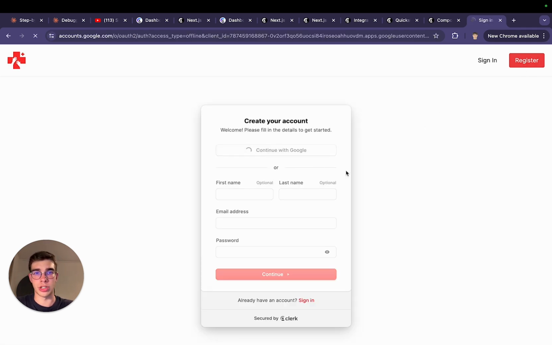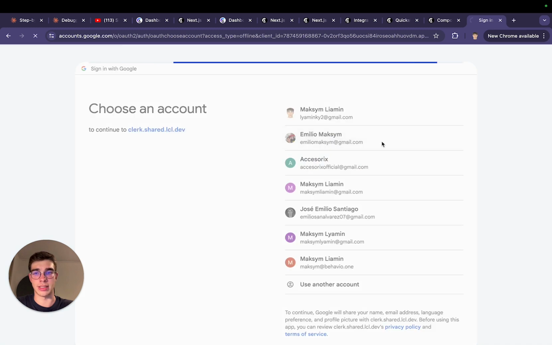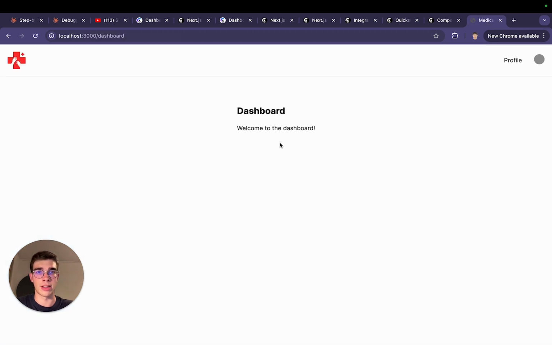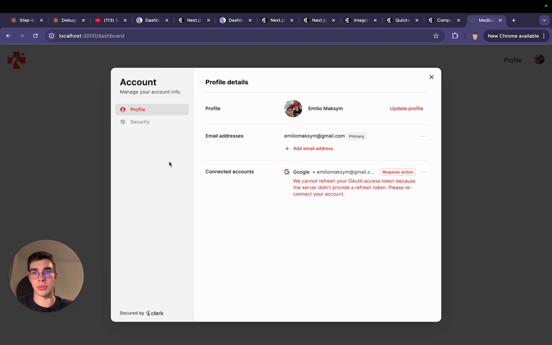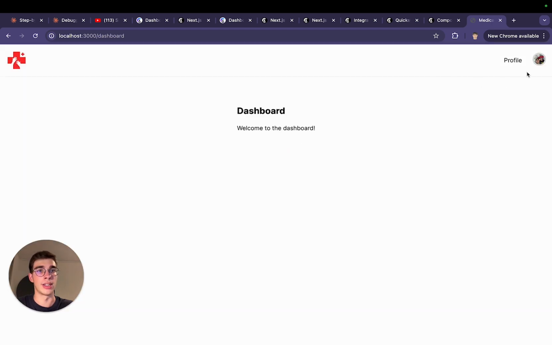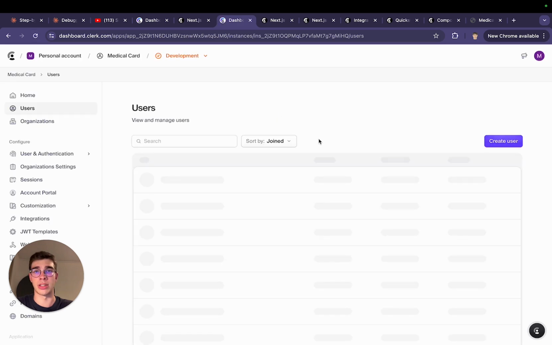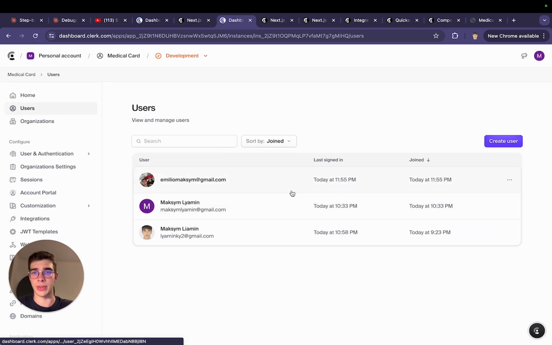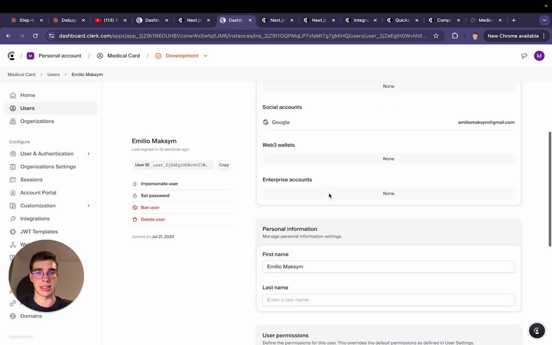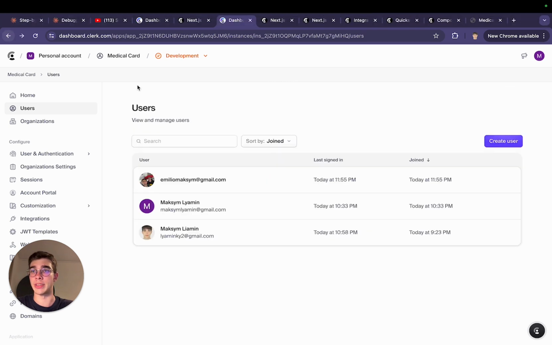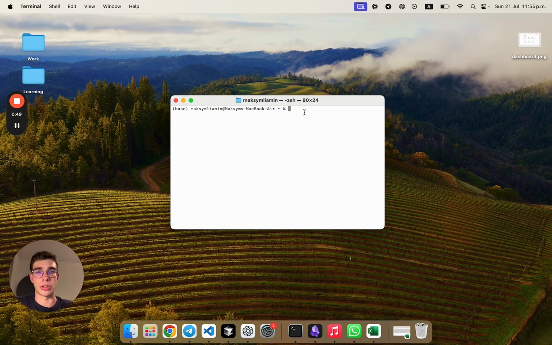I just click register, continue with Google, let's select this account. Bam. I'm here, I have a very nice profile here. I can manage my account, manage security, and I also get all the user management right here. So I can access and view the users that just signed in for the project. And that's exactly what we're gonna talk about today, so let's not lose any more time and let's jump